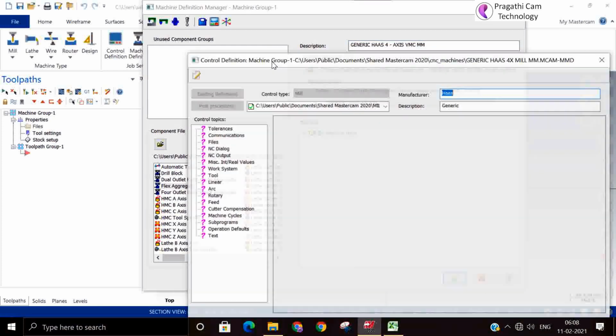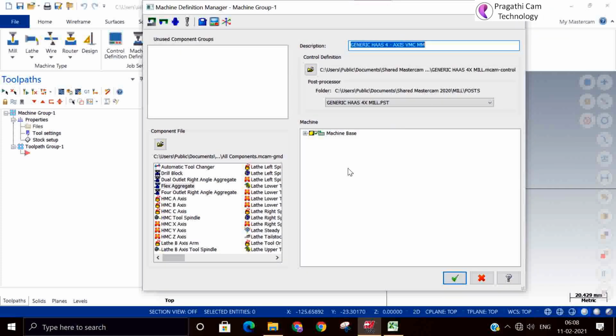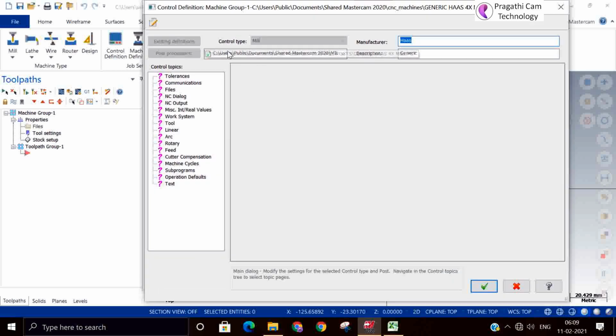The person who is customizing the post processor, he will make all these things. So the next is the control definition. So what is control definition? It will give all the information about the controller. So now it is not allowing me to edit anything.